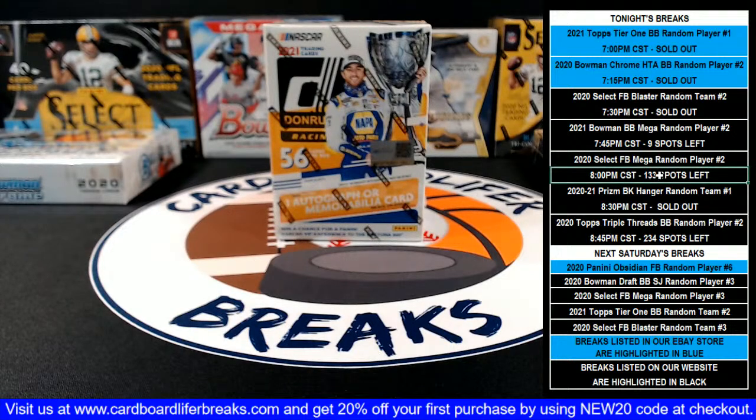Go ahead and update our counts real quick. I think those are a little off. Our Bowman Mega Box is sold out. Triple Threads is down to 209. Alrighty, now that we've got that done,